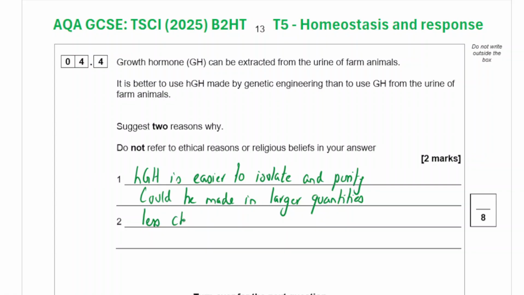Less chance of an immune reaction from HGH, less chance of containing antibiotics,